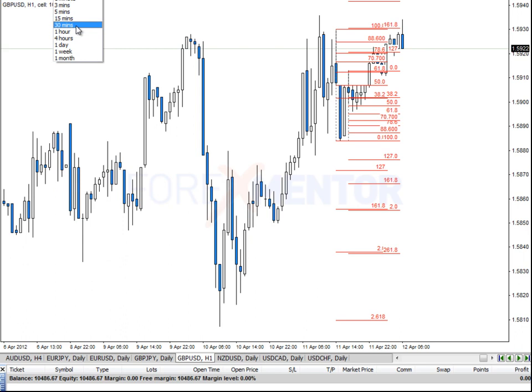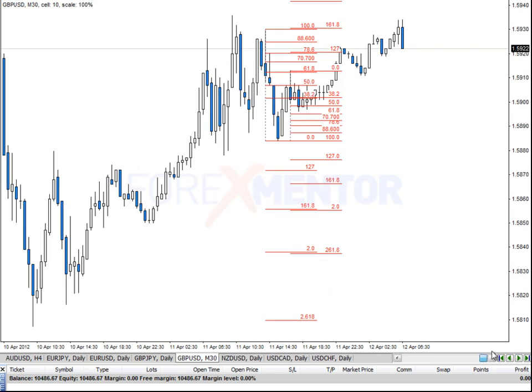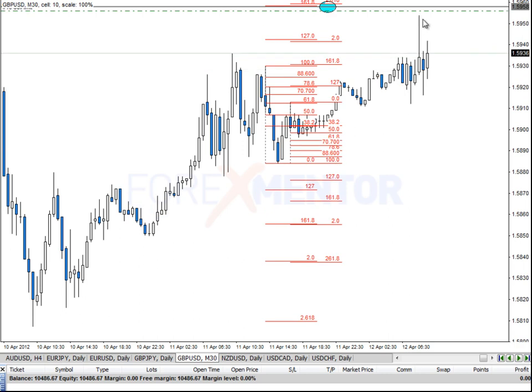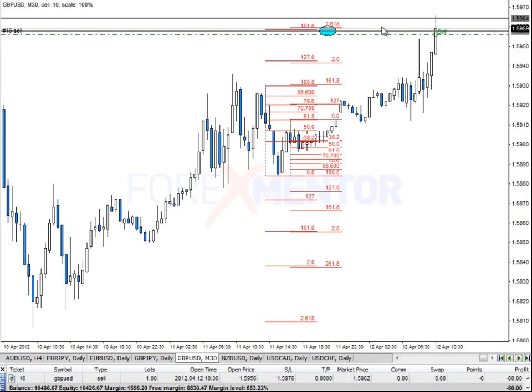Let's just move over to that 30-minute chart. Step this forward. See how we've just missed the level and then price retraces. Now if it does that, you've got a choice of either pulling your order, in the likelihood that the orders are now being taken out with this spike up, or you can keep it there. Okay, there's no right or wrong way. You can see price obviously has now continued higher,